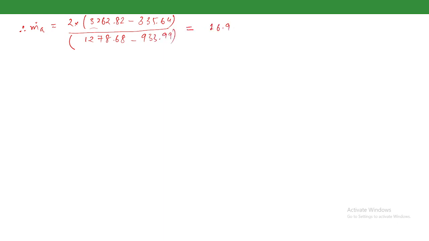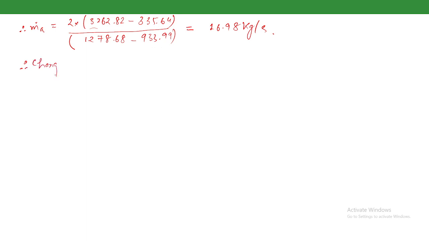Okay, so if we put in the values, the mass flow rate of air is equal to 3262.82 minus 335.64, divided by 1278.68 minus, sorry, 933.99. So this is 16.98 kg per second. Okay, so now the change in availability of water, the water and air in this case are both flowing systems. Okay, therefore